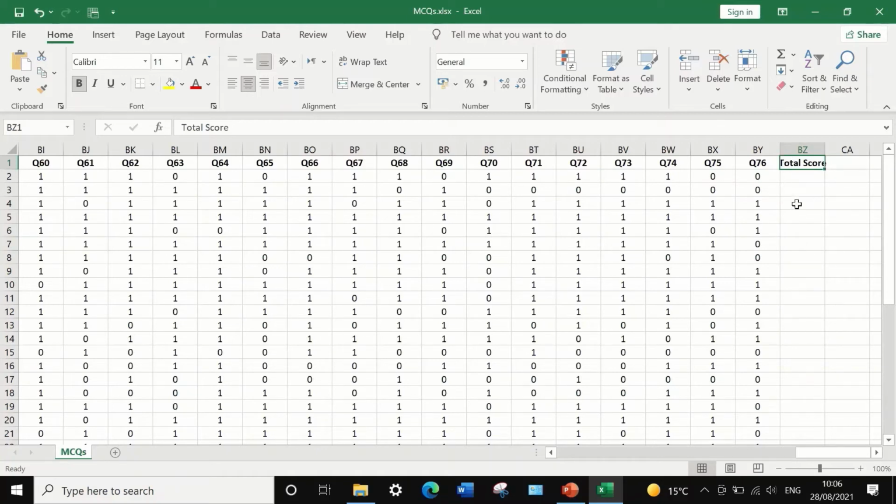The way to calculate that is to click on the cell here